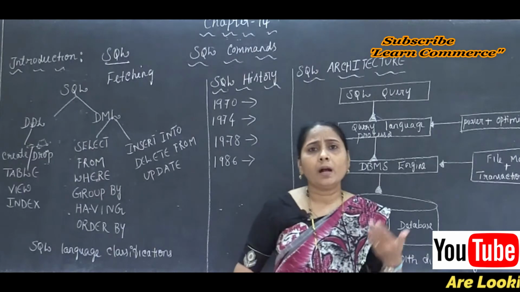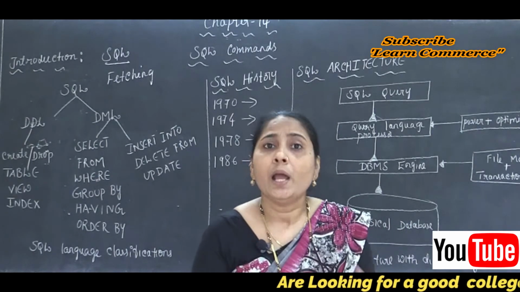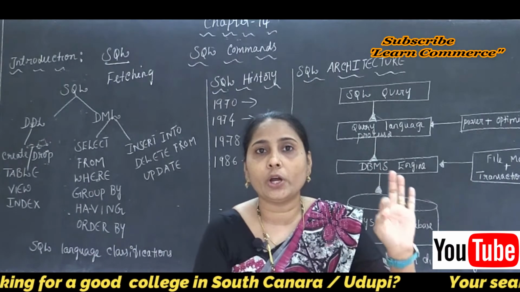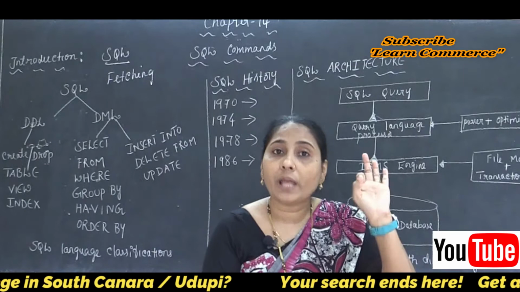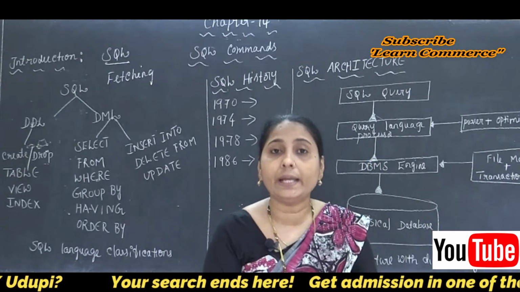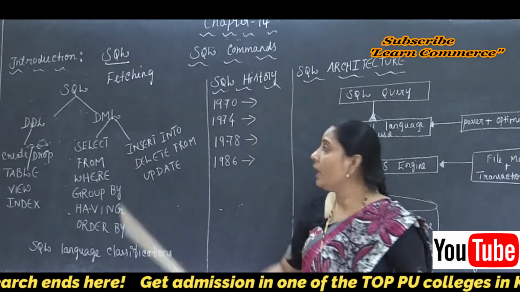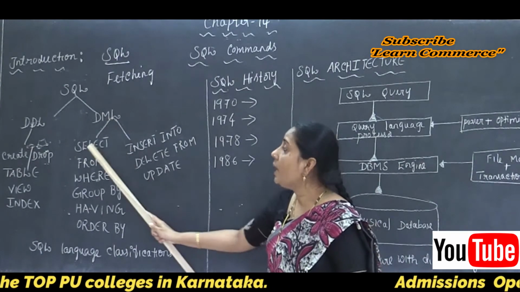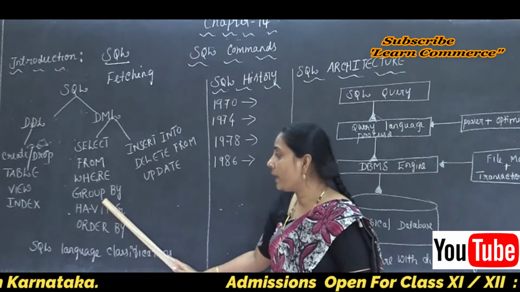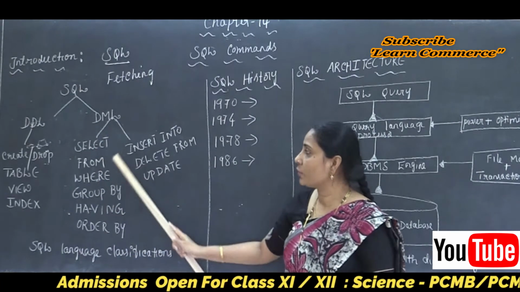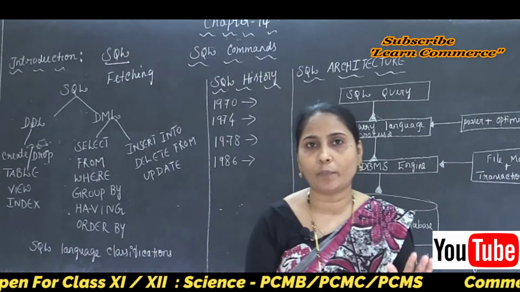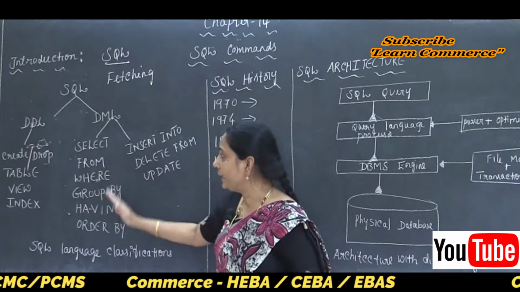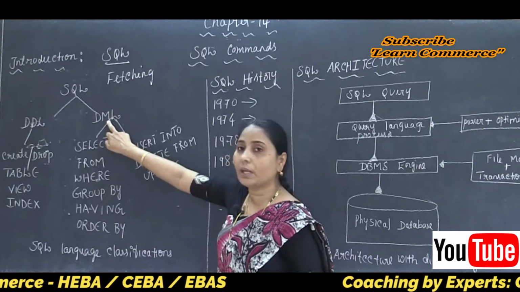Maybe in a table a lot of information is there, but I don't want to select all of it, just a particular or specific piece of information, whatever information I need. So the DML holds commands like select, from, where, group by, having, order by. Later you will come to know about these. Now I am not going to explain each and everything, I am just going to read what I have written here. So the select command is joined with our DML.